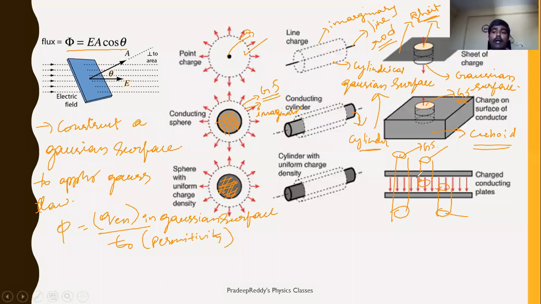Okay. And one important thing you should understand from all these examples is, if the charged bodies are extended bodies, in such cases, there need not be the total metallic sheet or cuboid within the Gaussian surface, right? In the last three examples we have seen, this Gaussian surface is constructed only for a part of the sheet, not for the total sheet, because it is extended up to infinity. So we will be finding out electric flux through that particular Gaussian surface, and we'll integrate it so that you will be getting net electric field due to that infinite sheet. So this is a very important part. In order to apply Gauss law, you should construct a Gaussian surface.